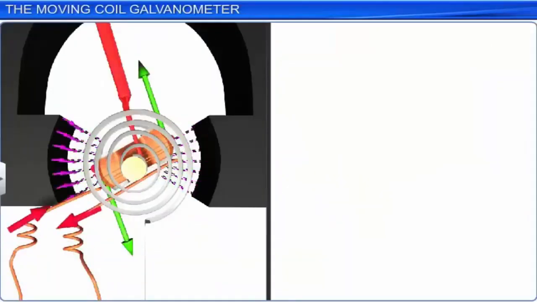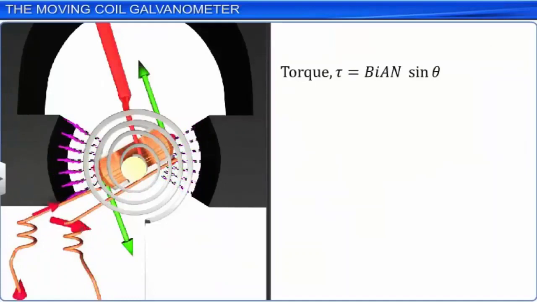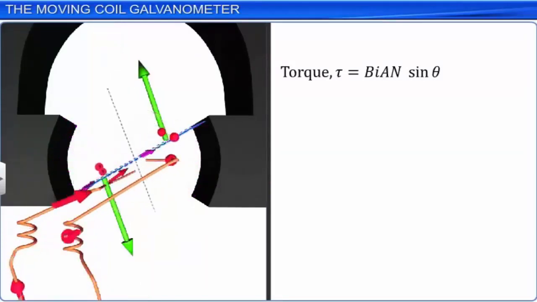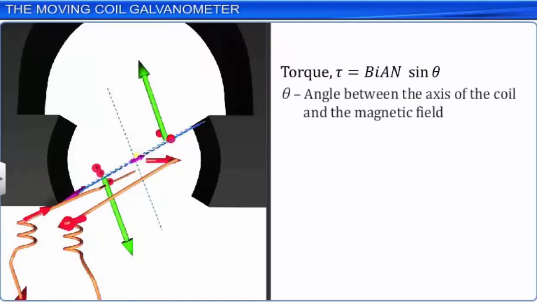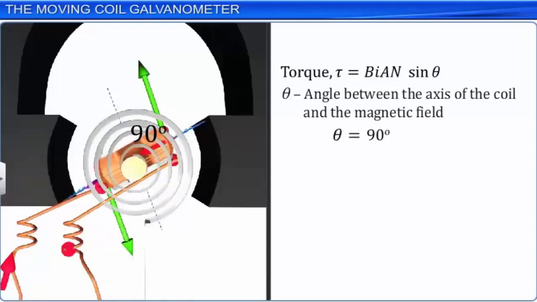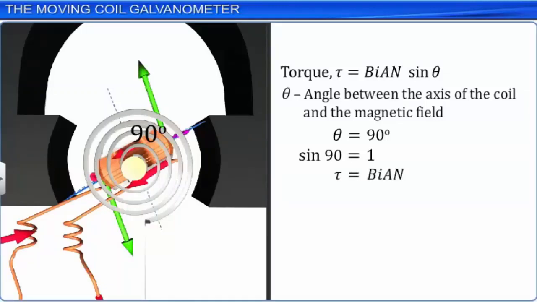As you learnt earlier, the torque acting on the coil τ is equal to BIAN sin theta, where theta is the angle between the axis of the coil and the magnetic field. Here, theta is 90 degrees. Thus, sin 90 is 1, and we have the deflecting torque acting on the coil τ equal to BIAN,